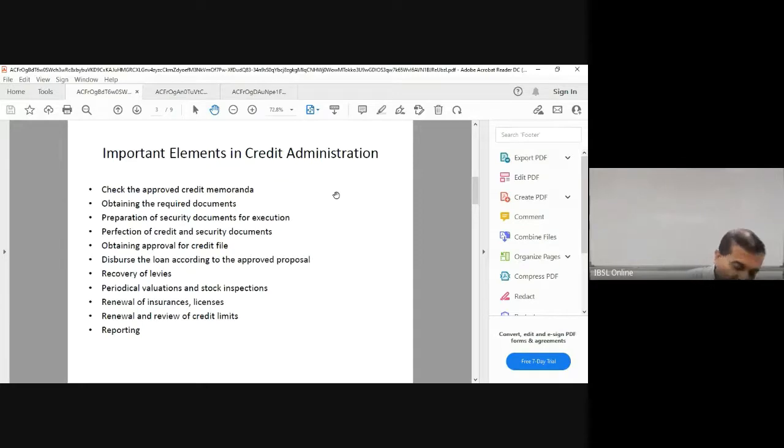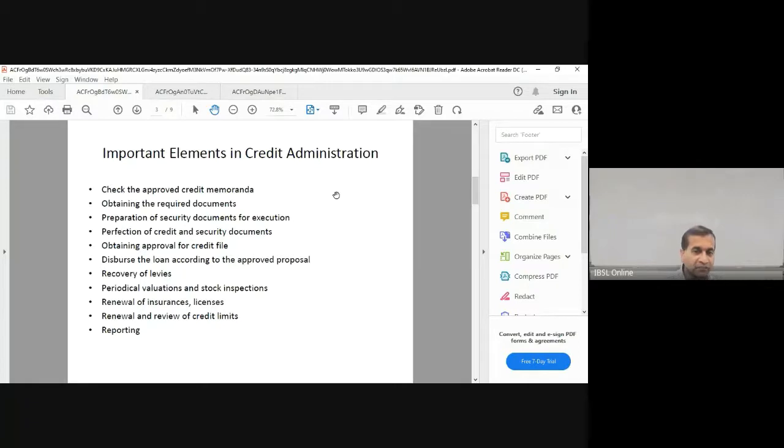So ideally, these two functions are separate, and there are a lot of fights between the credit evaluators or the manager, the people who are doing the marketing and credit promotion, and the credit administrator. Credit administrator is a very bureaucratic function. He doesn't mind whether you have the customer or not. Of course, what they want is to complete the documentation part and disburse the loan.